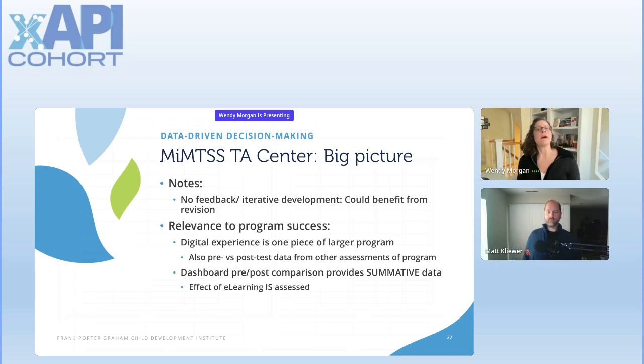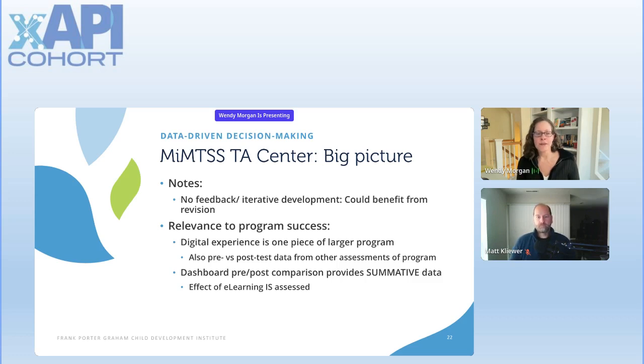Okay, so notes. First of all, this was one of those projects where the contract ended and then they had their stuff, so there wasn't a lot of time for feedback and iterative development. Even when I was preparing for this presentation, I was looking at the data visualizations and thinking, I bet we could make those better over time, depending on how they were received or used. We would need feedback from folks using them in order to make them better for the folks using them. So revision over time is just key for anything if you really want to make it good.